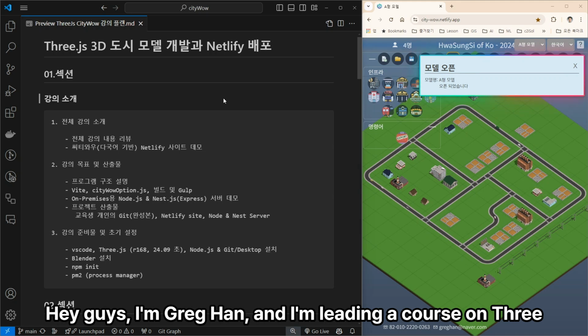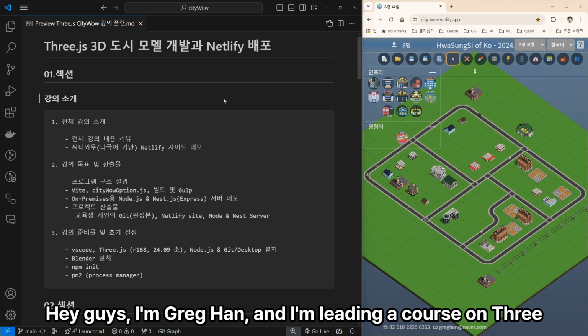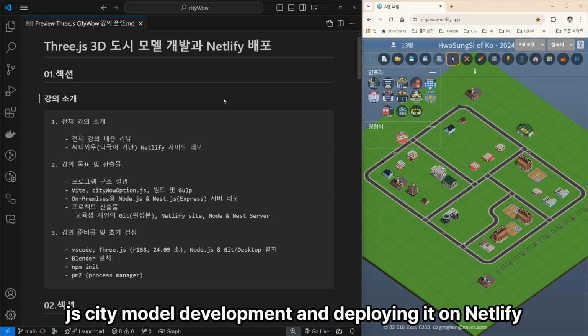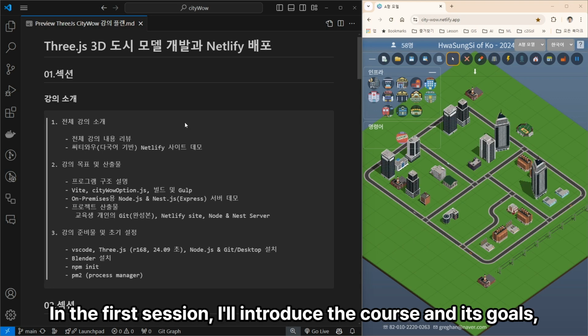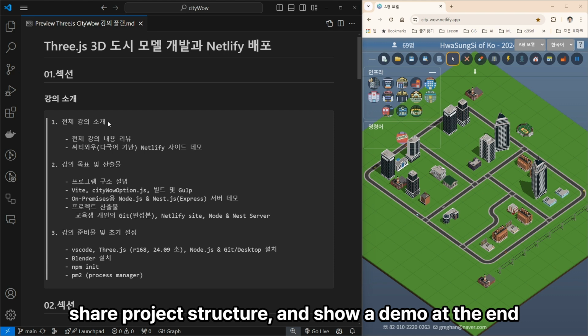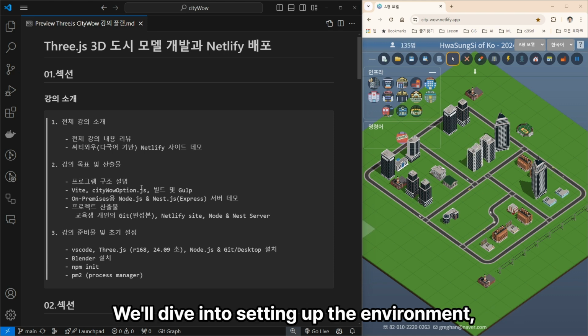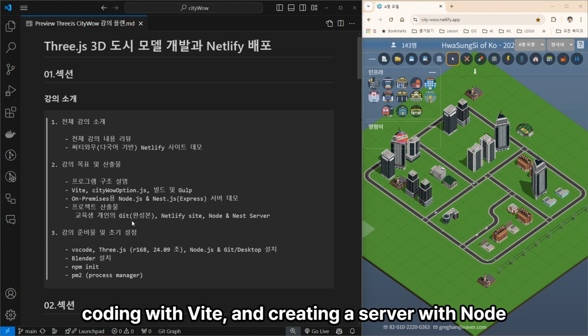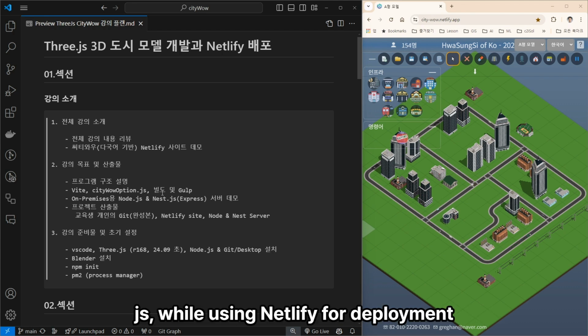Hey guys, I'm Greg Hahn, and I'm leading a course on Three.js city model development and deploying it on Netlify. In the first session, I'll introduce the course and its goals, share the project structure, and show a demo at the end. We'll dive into setting up the environment, coding with Vite, and creating a server with Node.js and Nest.js while